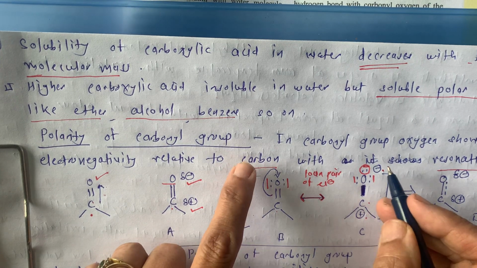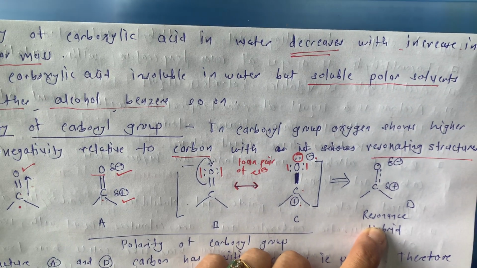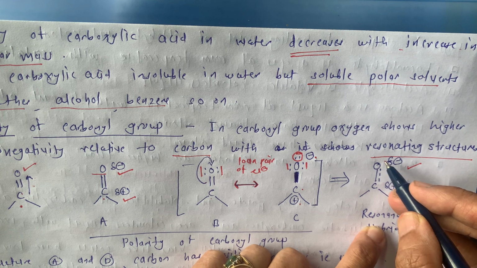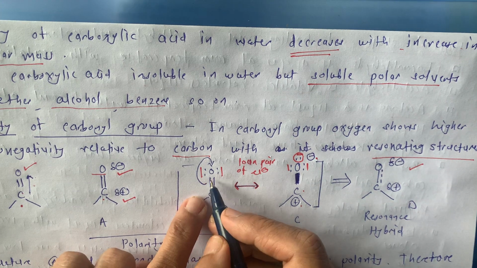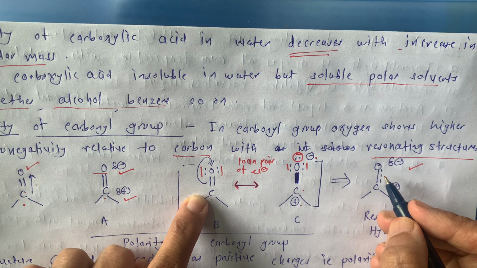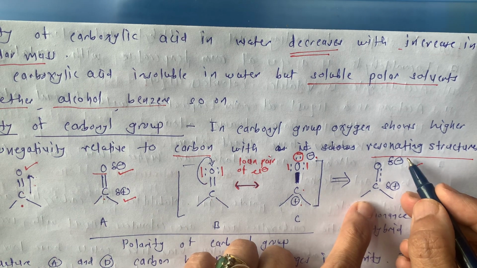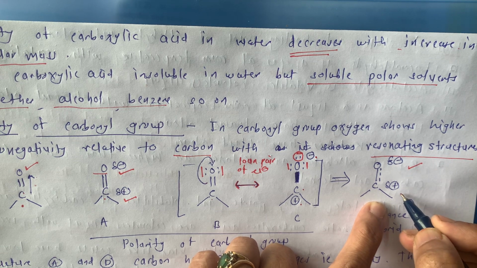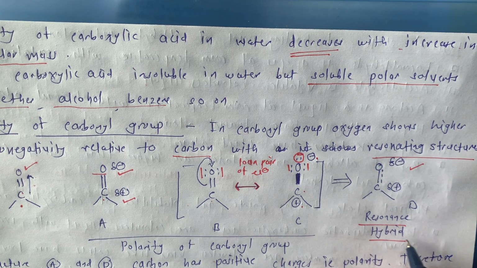And to understand, we write a bracket here. So what is the resonance hybrid? The resonance hybrid is like this. This bond is moving, that's why we show the partial bond here. Here the double bond is converted into a single bond, so this bond is shown with partial character. And here it is delta negative and delta positive. So this is a partial negative charge while this one is a partial positive charge. This is known as the resonance hybrid.